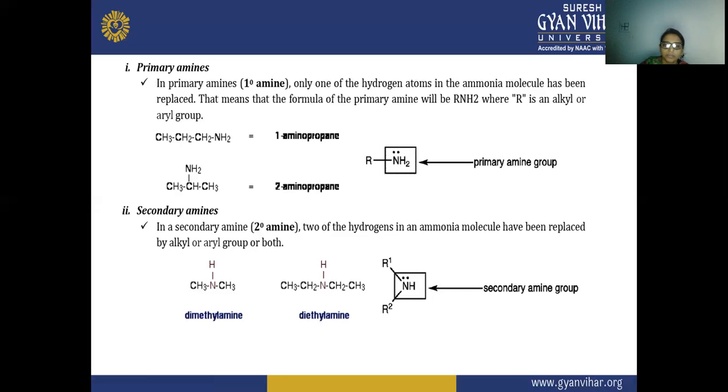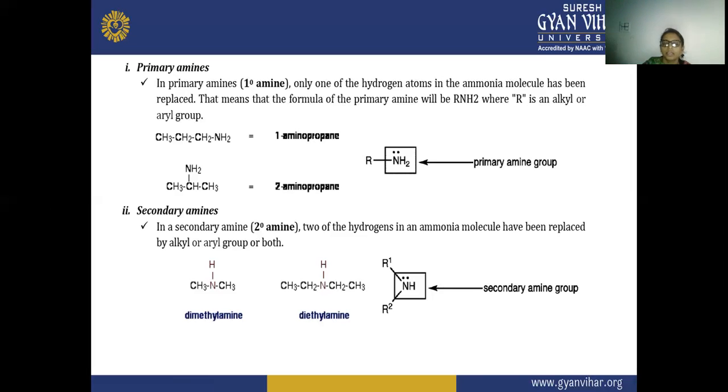That is why it is named 2-amino propane. This is your 2-amino propane, and this is the formula for the primary amine group. In a primary amine, only one of the hydrogen atoms in the ammonia molecule has been replaced. This is the first type of your